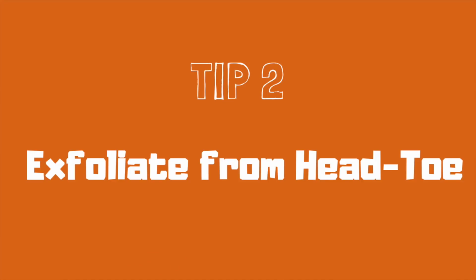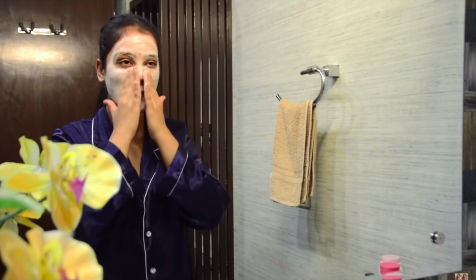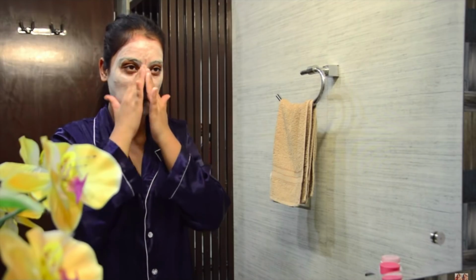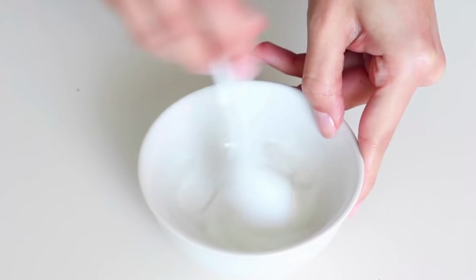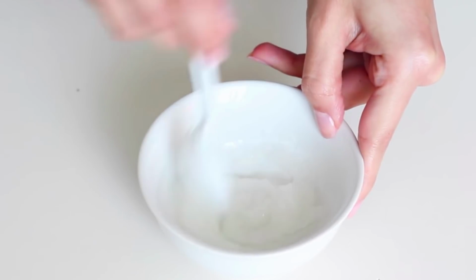Exfoliation from head to toe is really important. It's the process of sloughing dead skin cells off the surface of your skin. I suggest a homemade coconut oil and sugar scrub. This increases the blood flow and also helps clear blemishes and uneven skin tone. So use it for your face. Also massage it in circular motions all over your body, paying particular attention to areas that tend to be a